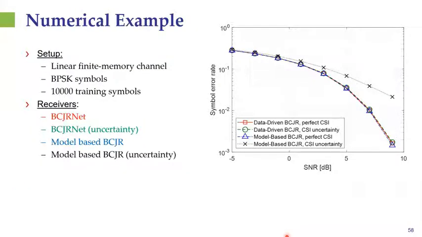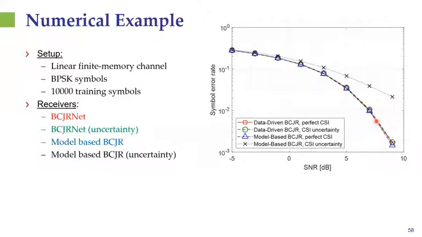Well, by doing so, we don't need a lot of training symbols here. Notice these are 10K symbols. Again, please recall that for previously proposed deep detectors, one had to use on the order of 10 million, 100 million training samples. Here, we're talking about 10,000 training samples. And by doing so, we're able to implement the BCJR algorithm. So the red curve, which we don't really see, is the model-based BCJR algorithm, and the blue curve is the learned one. So we are able to learn the factor graph accurately and obtain the exact maximum a posteriori probability symbol detection as the model-based BCJR.